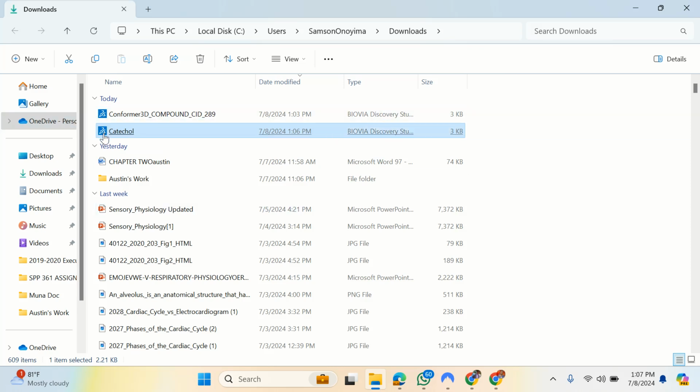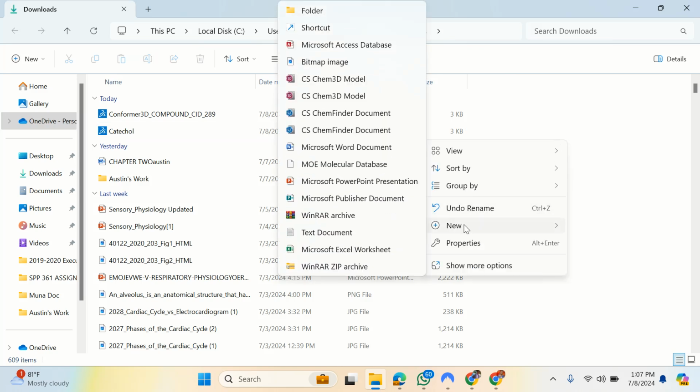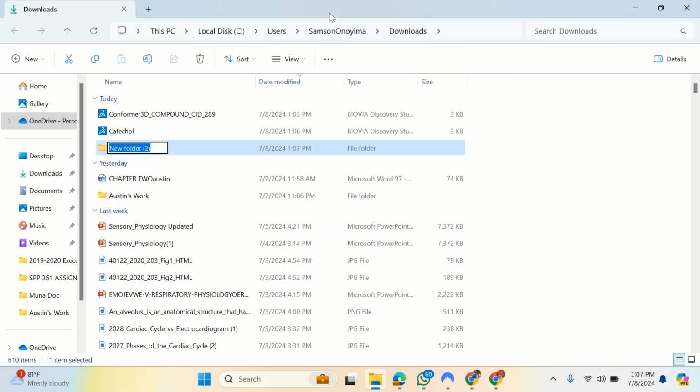By default, BIOVIA Discovery Studio is my default software for opening PDB files. So when it comes here, it will certainly change to that. So the next thing I will do here is to open a folder. That is what I usually do. I will open a folder and I will call this tutorial